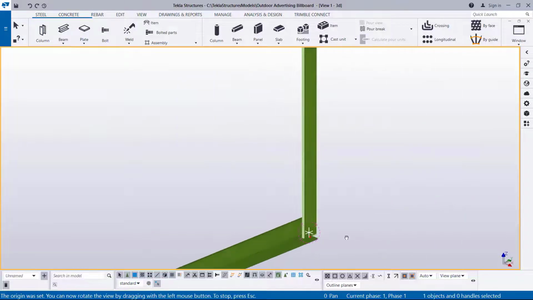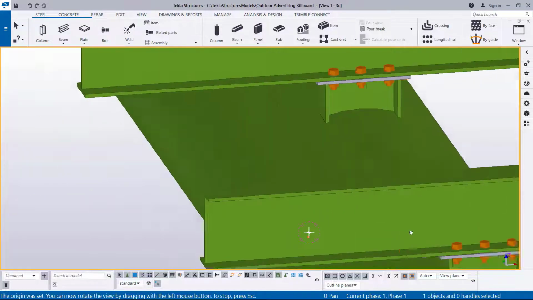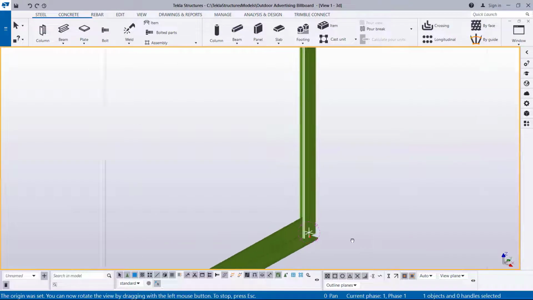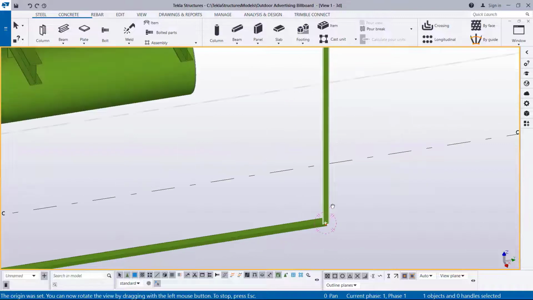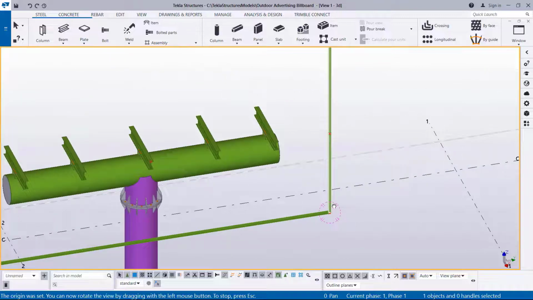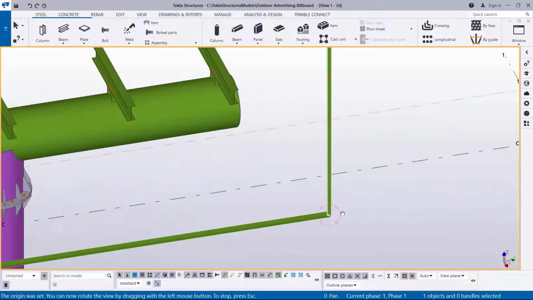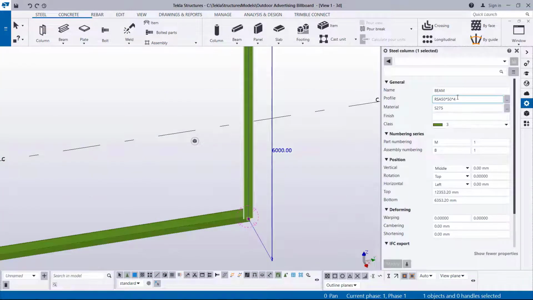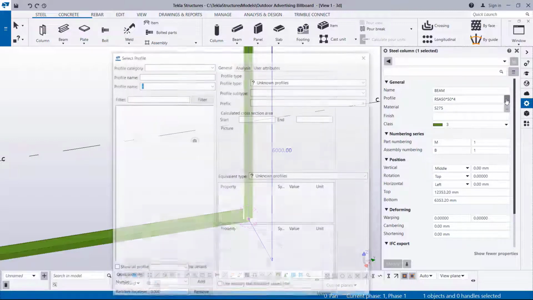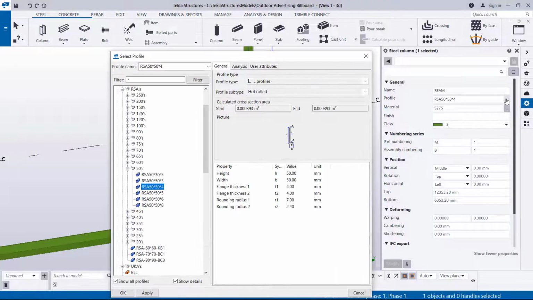So if I take a look, if I zoom it or rotate it from that spot, you'll be able to see I have that in place. So now we come to rearranging or positioning these steel members. I'll double click on this member, and you can see this is 50 by 50 by 4 millimeter, which is kind of small. I'll click on that radio button to take me back to